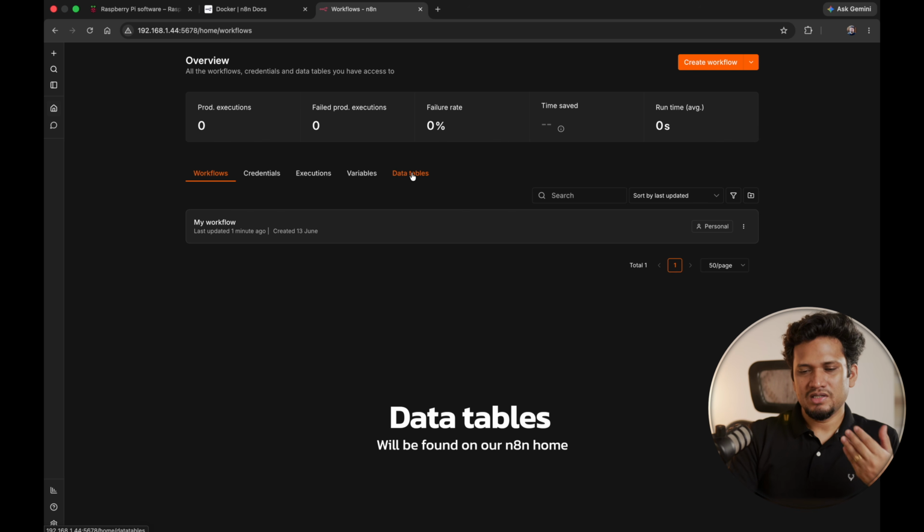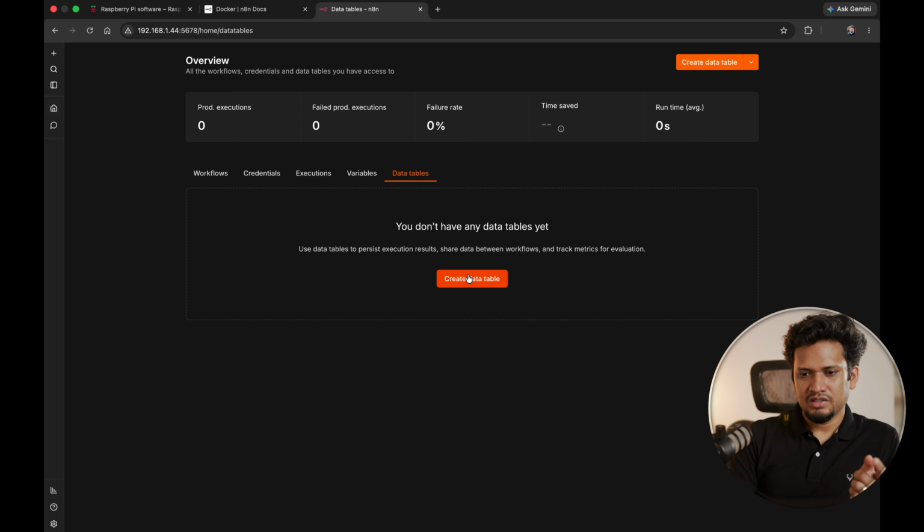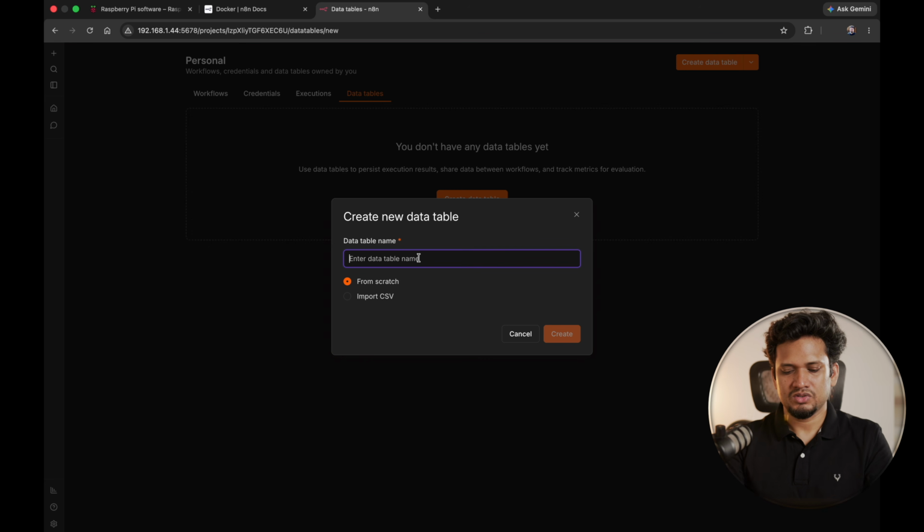The data table is a form of storing the data in a row and column format, which is essentially SQLite database. Let me create a data table. Call it LinkedIn